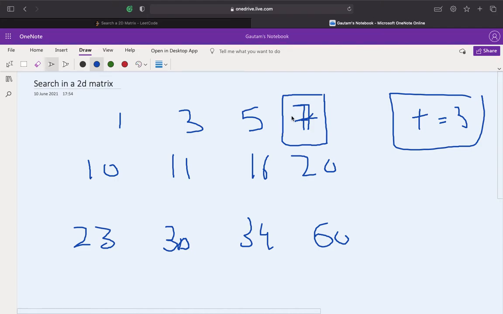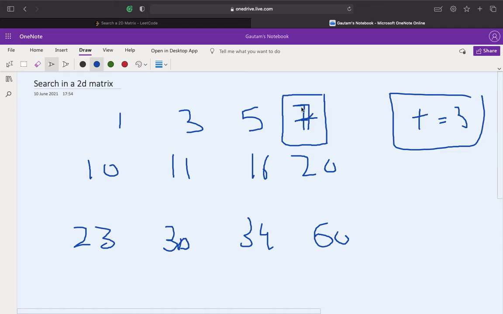Otherwise we'll check if that element is greater than the target or smaller than the target. So 7 is greater than the target, so that means the target will be present on the left hand side of this element. The elements are sorted row wise as well as column wise. If we go down, we'll get a value greater than 7, and if we go left, we'll get a value less than 7, right?